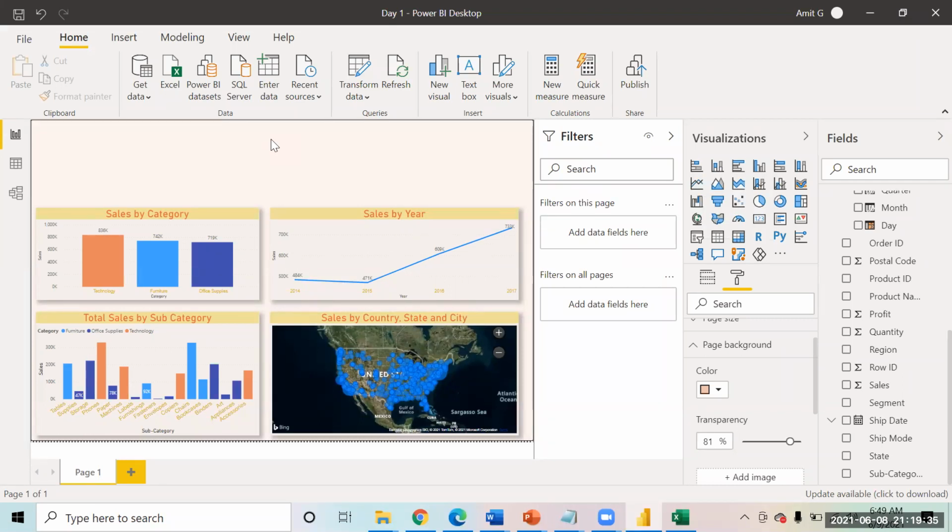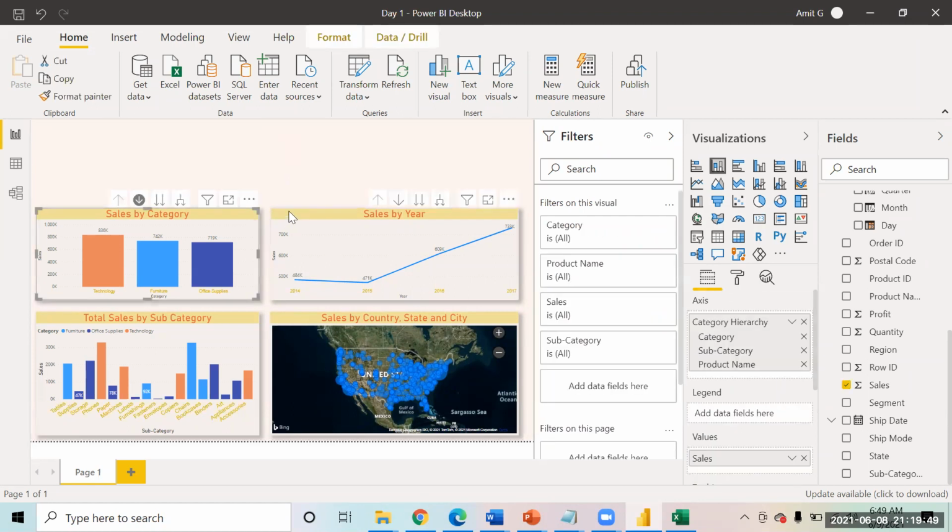I hope you are able to understand. I mean, this is easy right now. It's easy, but a little bit later we will go into the data transformation and DAX. So things will become a little complex, but technically this tool is otherwise completely drag and drop and fun to learn.